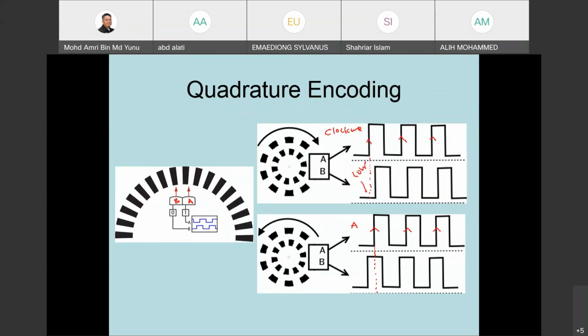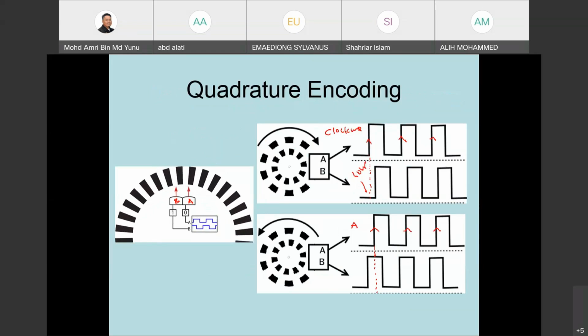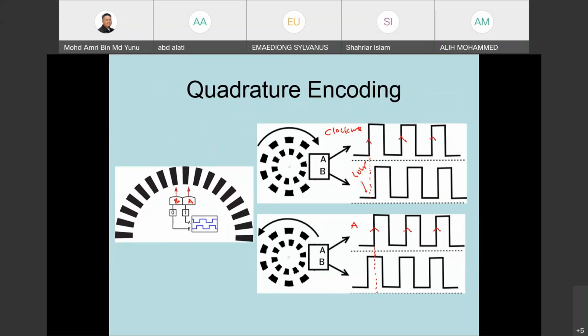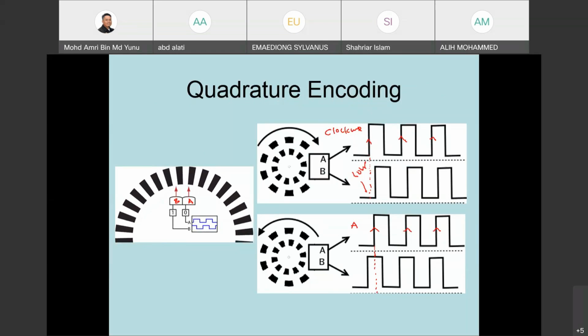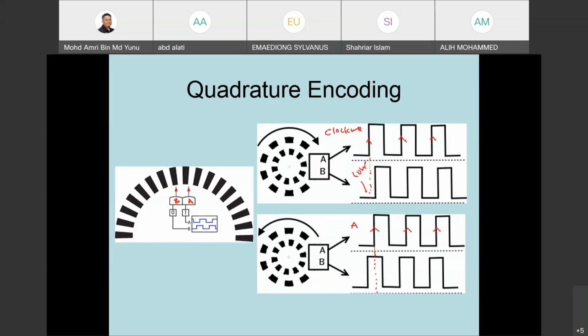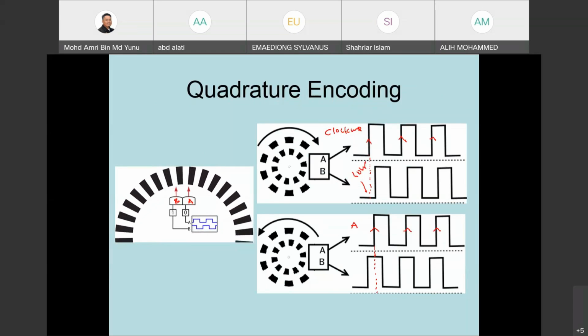So one way to detect the direction of the turning or the movement